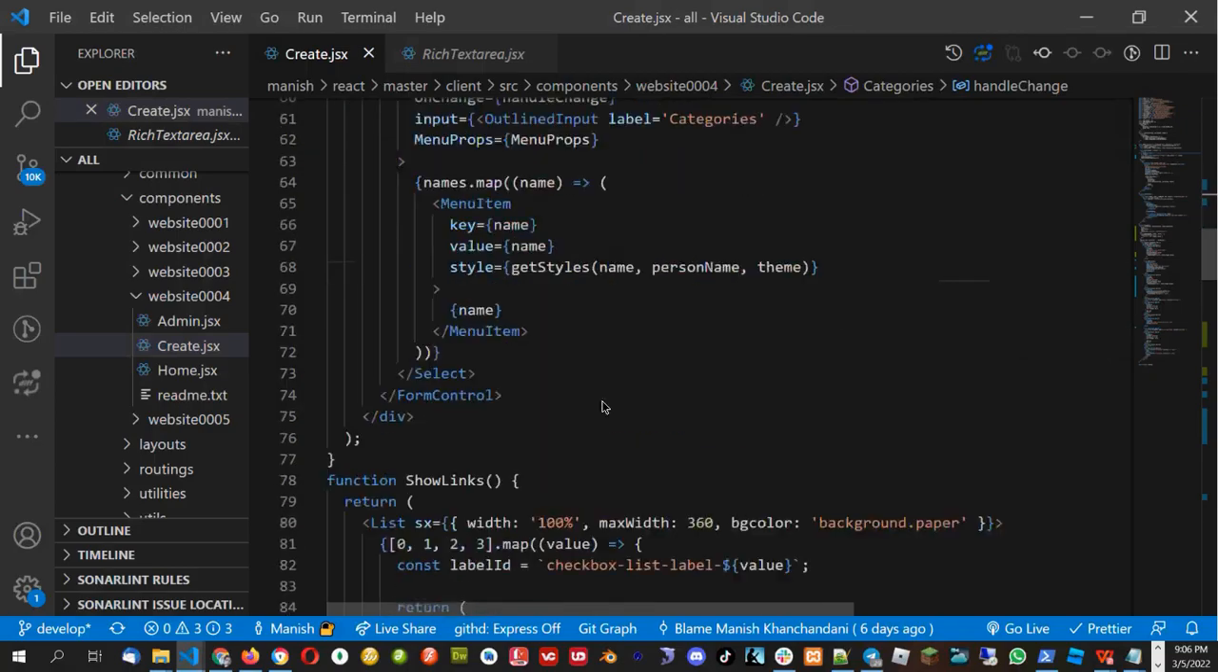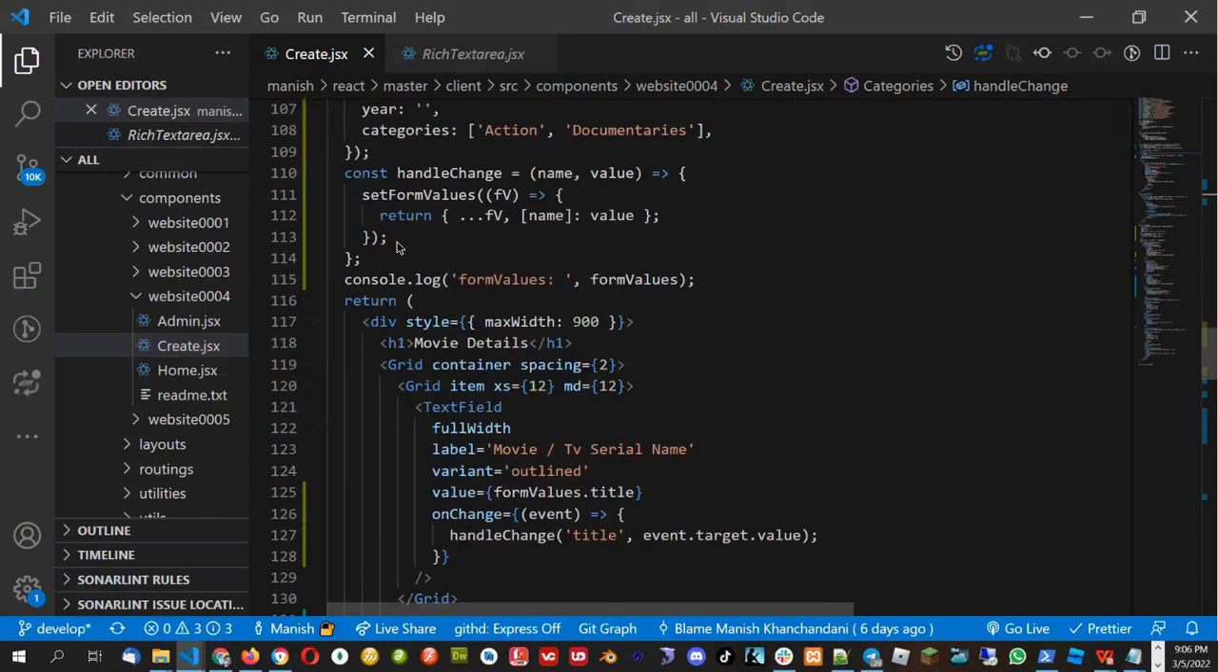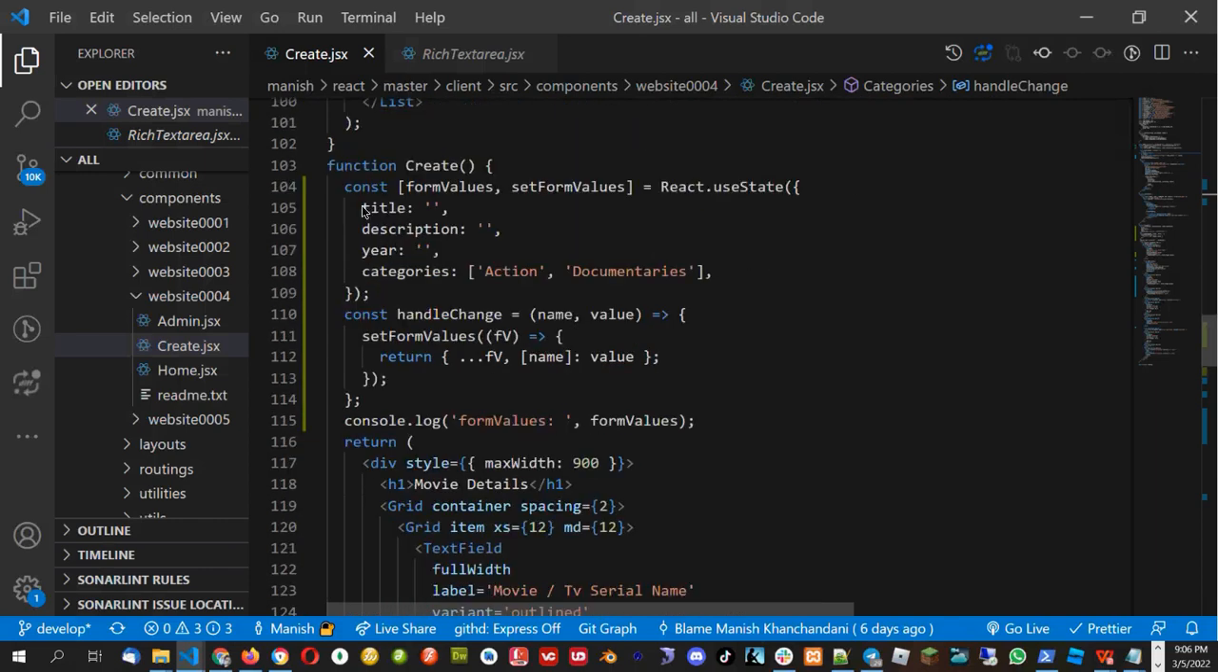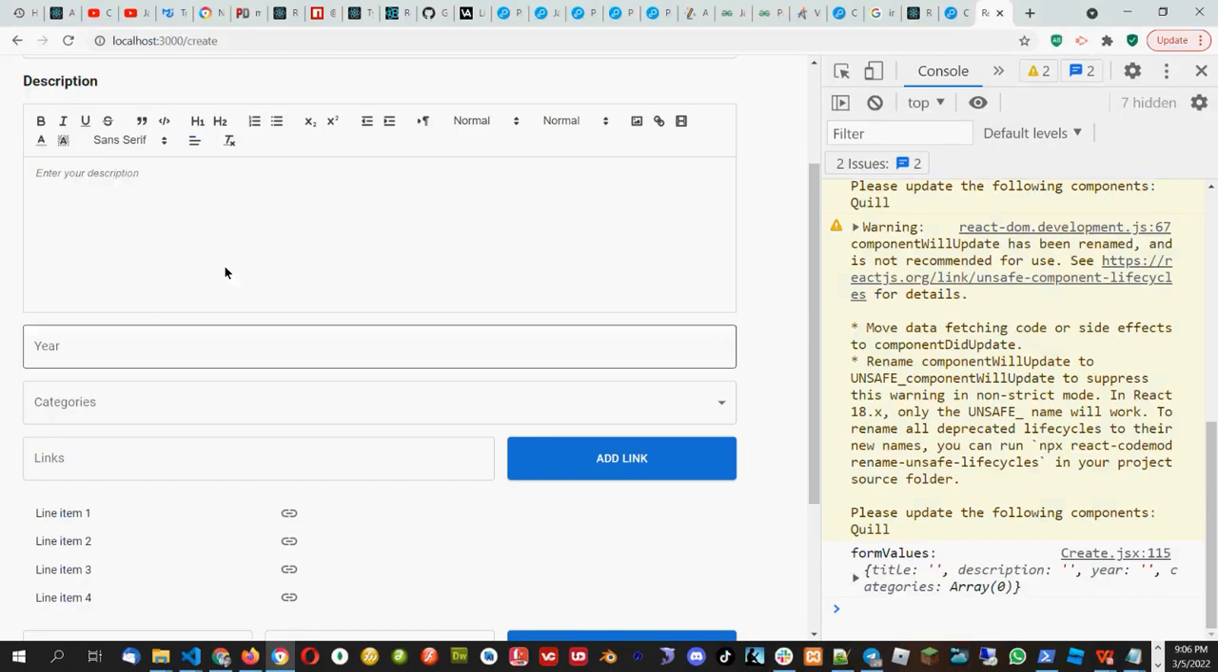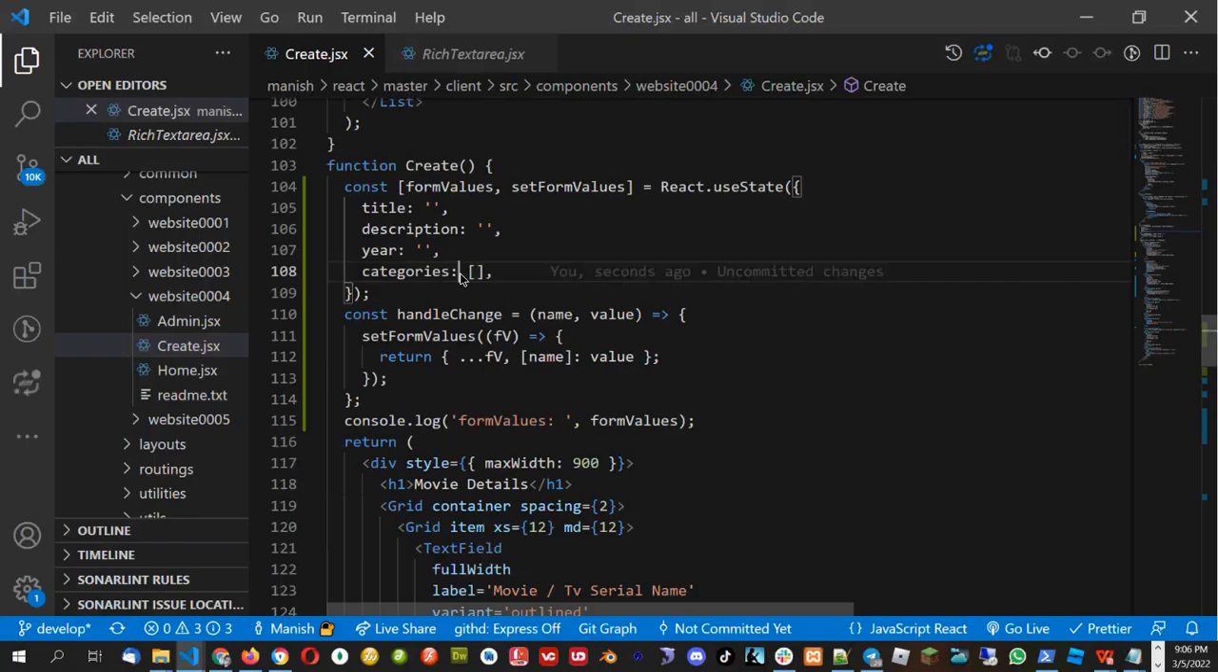Now, let's do some more drilling on this part. So initially categories is like this array only. Let's say we are editing this form. So initially the categories is this one, but